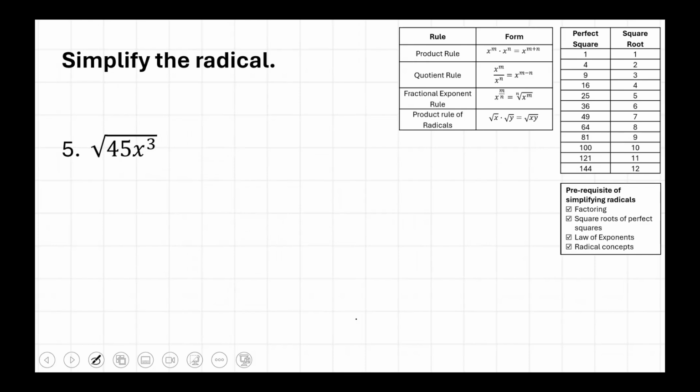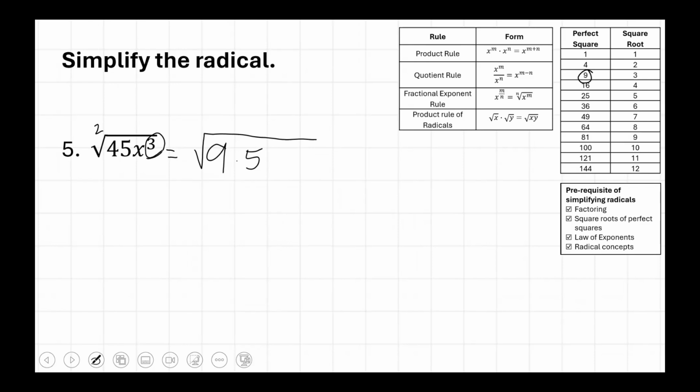For question number 5, this is a combination of a number and a variable. So let's do it step by step. Again, we have an index of 2, but we need to factor the 45 first. Among these perfect squares, we know that 9 is a factor of 45. So we can rewrite the 45 into 9 times 5, and the x cubed,